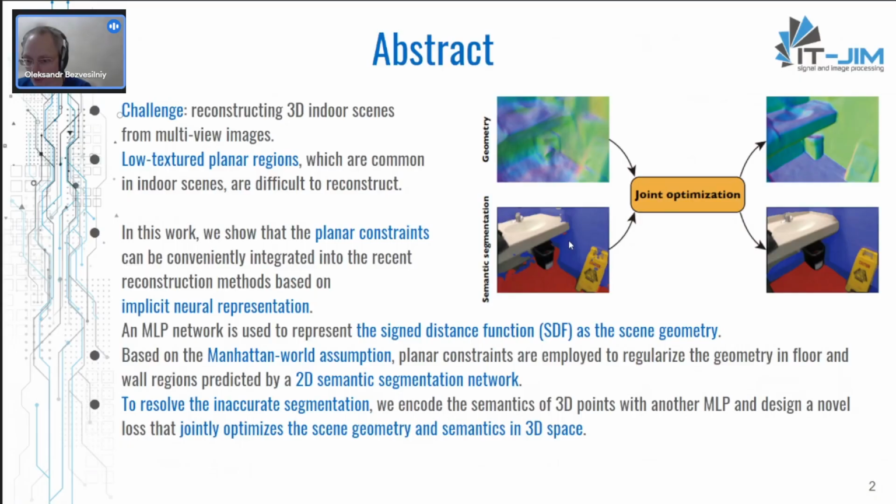They used signed distance function or signed distance field as a scene geometry for representation of the scene, and use the Manhattan World Assumption for normals to regularize the geometry in floor and wall regions, and these floor and wall regions are predicted by two-dimensional semantic segmentation